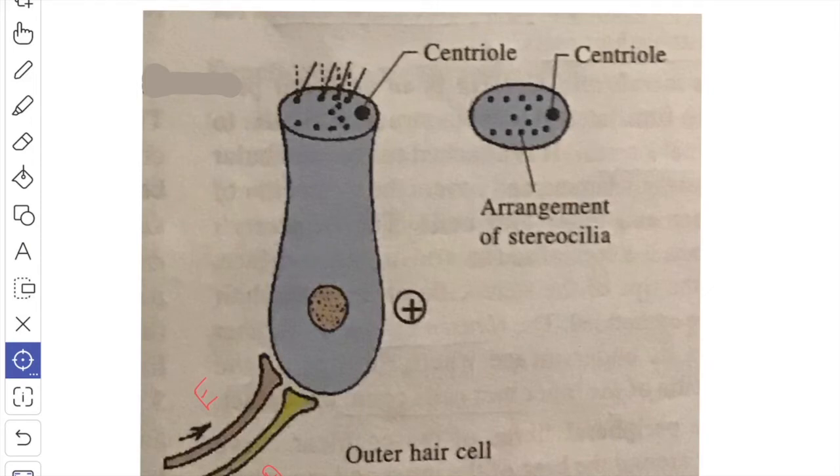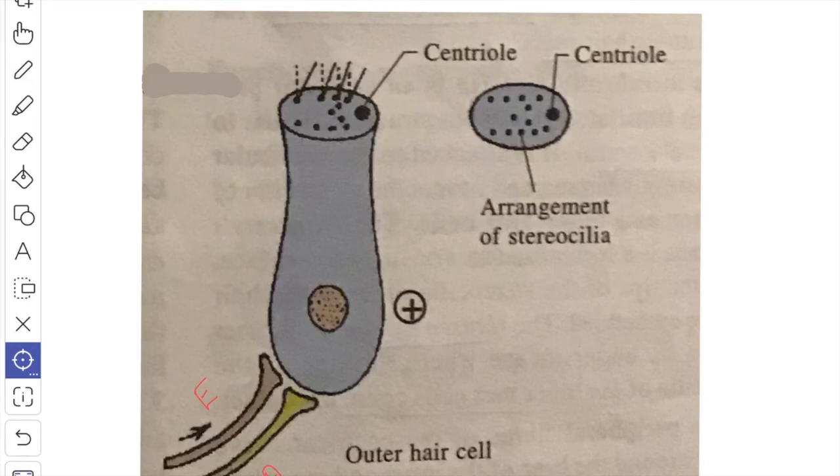This is a schematic picture of outer hair cells. So these hair cells present 80 to 100 stereocilia, and they are arranged in each cell in a U-shaped or W-shaped manner with the concavity directed towards the modiolus. The auditory hair cells present no kinocilium, but they have a centriole and a basal body on the convex side of the U or W. When the stereocilia are compressed towards the centriole, the sensory hair cells are stimulated.